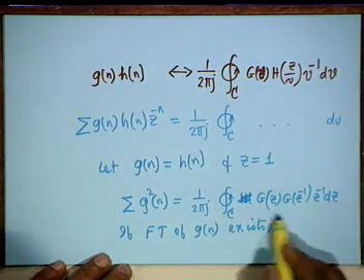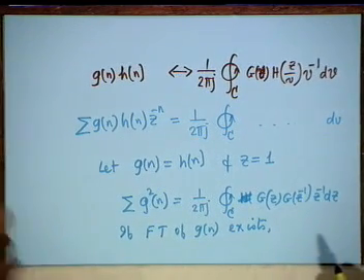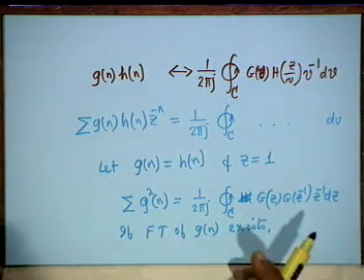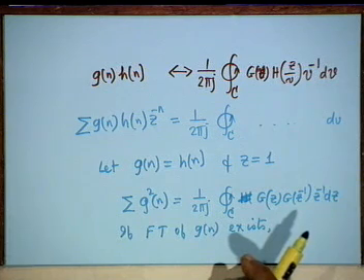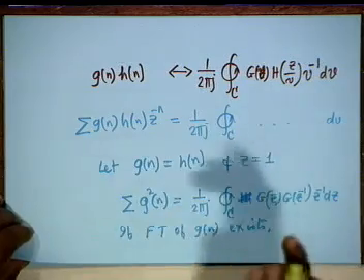It does not take long to show that the right hand side integral, one more point before I go to the integral. One of the sufficient conditions for the existence of the Fourier transform is that g of n is absolutely summable. So if g of n is absolutely summable, or in general if the Fourier transform exists, then the summation of g squared n should be equal to 1 over 2 pi, the j disappears, because if we are on the unit circle, then our only variable is omega. Small r is equal to 1, and therefore the limits are minus pi to plus pi.